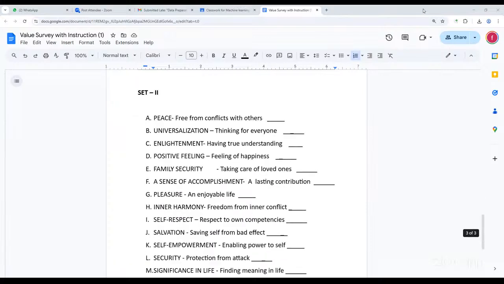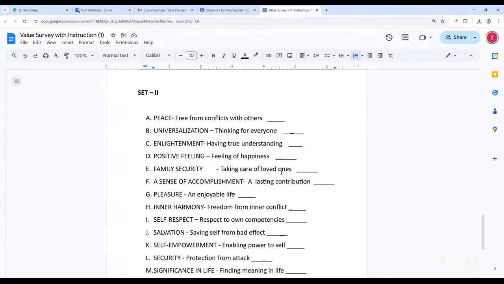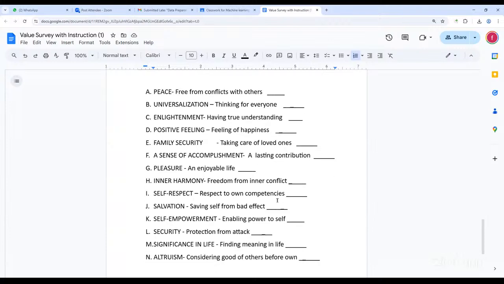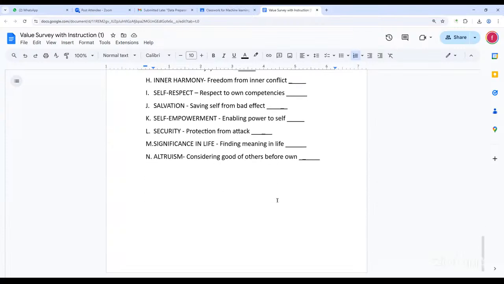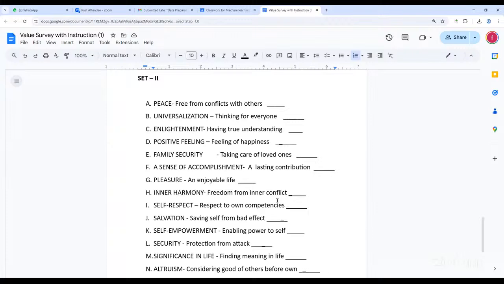Thank you, Vishal. You have completed both sets? Yes, sir. I didn't think much about it, just went with the flow. Okay, that's good. Shara? Sir, I've started with the second set. Okay. Shoma? Yes, sir. Just now I'm getting to the second set.